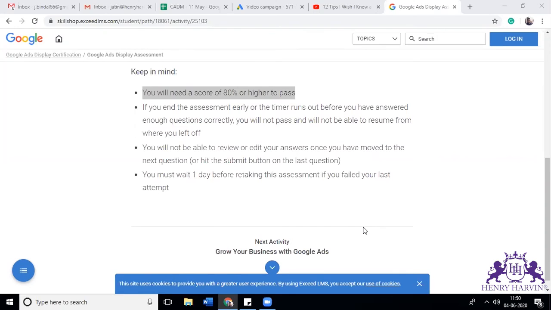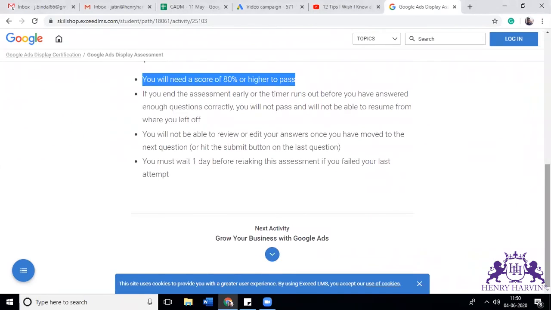Similarly with Google Ads, if you have certification, that justifies that you have good knowledge. Go through the course terminologies, go through our recordings again and again, and note down every single optimization technique which I've told you.